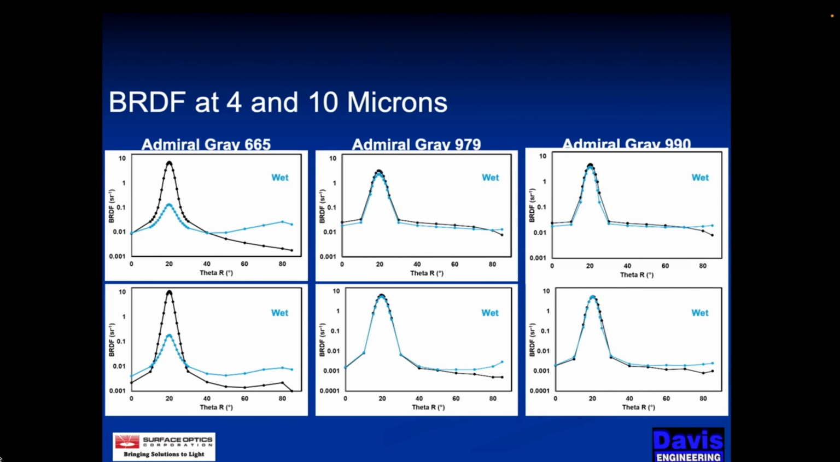BRDF, in this case, we just did one slice. That means the source is sitting behind the sample. The sample comes and the detector moves in one line in the same plane as the source. This is where the only difference that we really see between the three paints, the original paint that we measured, the 665, the wet sample had a much lower reflectance,